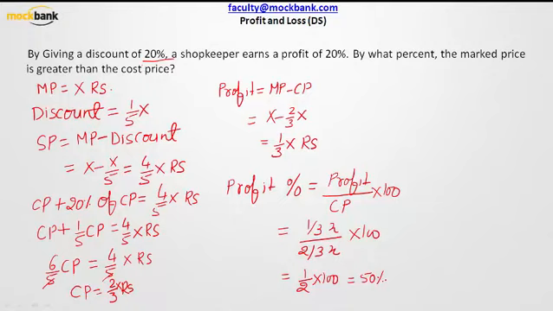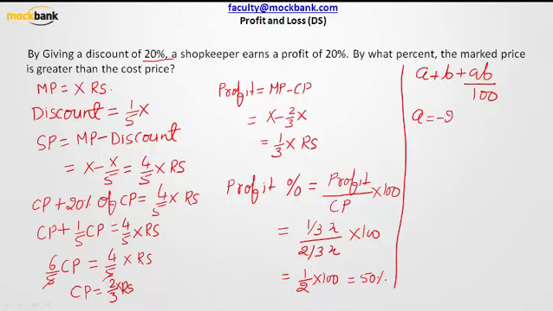But this method is very long. This method is actually very long. So let us try to see one method, the AB formula. What we do with the AB formula is that A and B are two successive percentage changes, and after that we get something. So in this case what is happening is I am giving a 20% discount. So this 20% discount is negative. So every decrement is negative. Discount is decrement. So my A comes out as negative 20%.